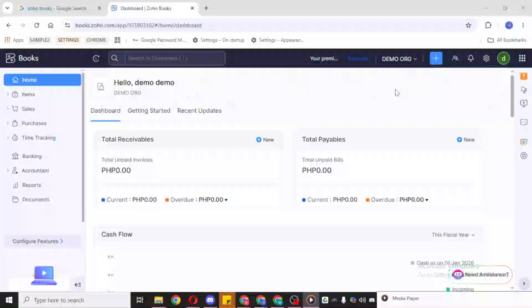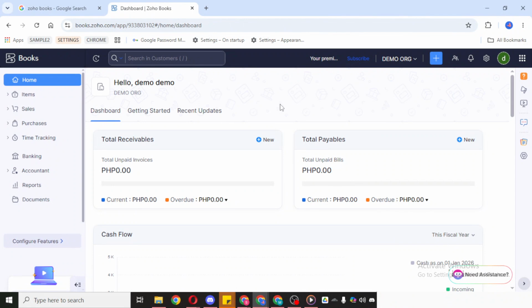In today's video, I'm going to teach you how to add salary in Zoho Books. If you need to record salary payments properly in your books, this is a quick and practical process to follow. The goal here is to make sure the salary amount is entered as an expense and linked to the correct bank account so your records stay accurate and easy to review later.